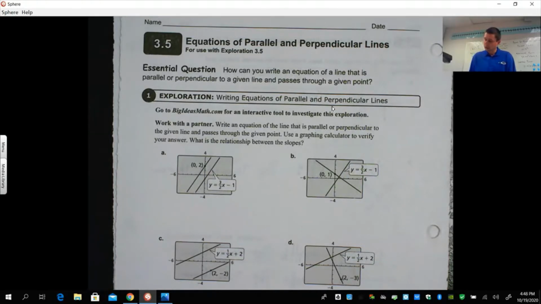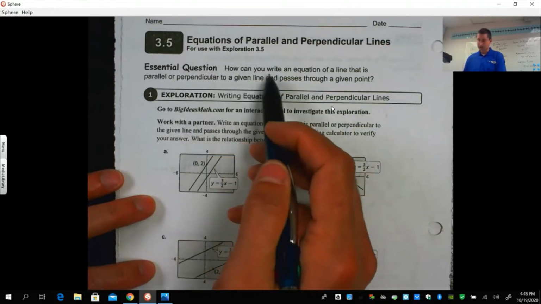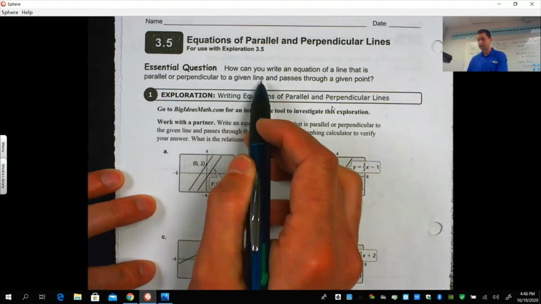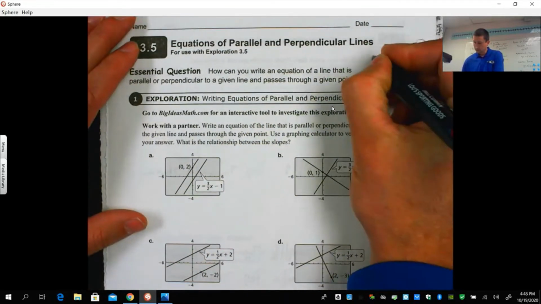So parallel and perpendicular lines, and dealing with the slopes of them and y-intercepts and slope-intercept form, and all that is happening right now in this class. So here we go. Question is, how can you write an equation of a line that is parallel or perpendicular to a given line and passes through a given point? So we want to remember